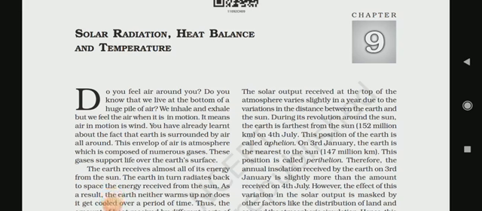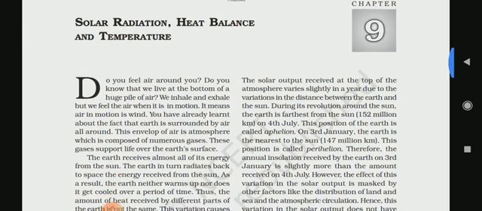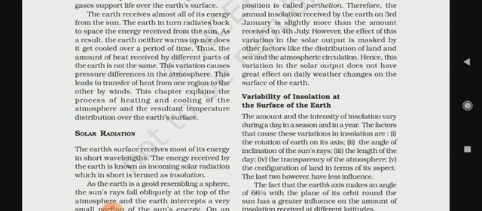Hello students, so today we are going to discuss solar radiation, heat balance and temperature. This is the second part of this chapter, and in the previous part we discussed the introduction and the solar radiation. Now in this second part, we will discuss the variability of insolation at the surface